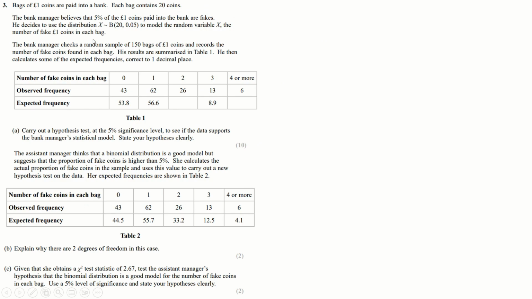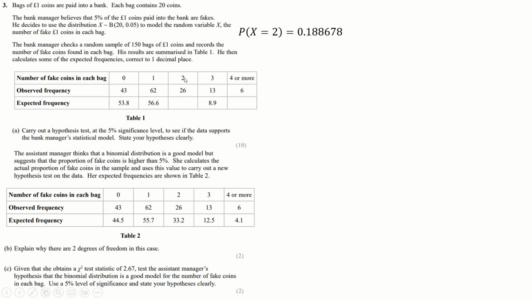Question number 3 then. So we've got this, it's the chi-squared test question. So firstly, we need to work out these 2 things here. Now we can use a binomial for that, of course. So he's saying this is the binomial here, probability this and this. So for 2 of them to be